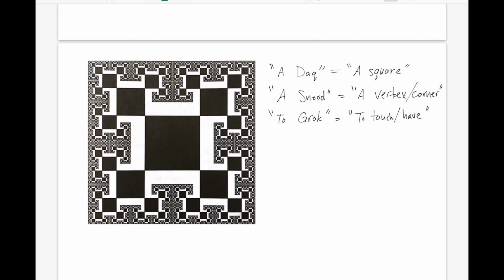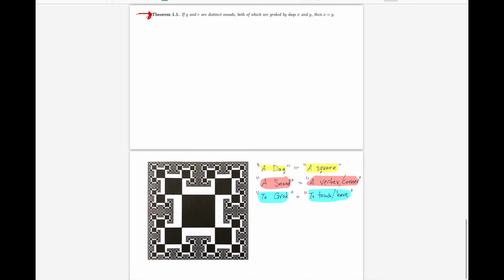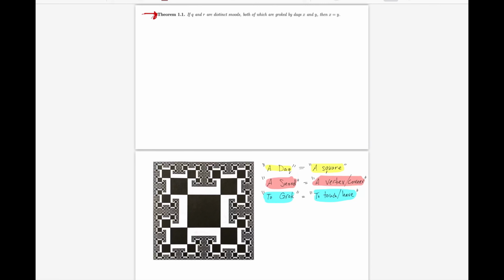So if we were to say that a DAC is a square, and that a snood is a vertex or a corner of that square, and that to grok means to touch or have, then we could rephrase this theorem to say if Q and R are distinct snoods, so if Q and R are distinct vertices, both of which are grokked, both of which are touched or had by the squares X and Y, then X and Y actually have to be the same square,